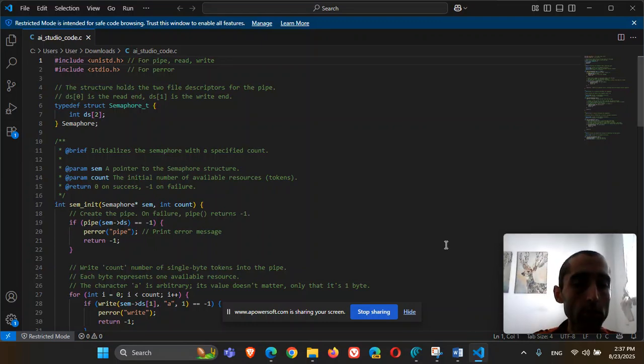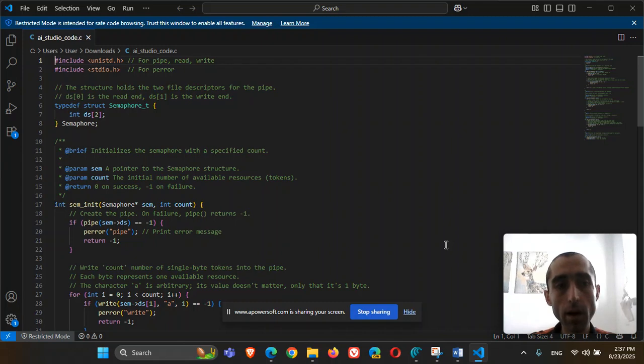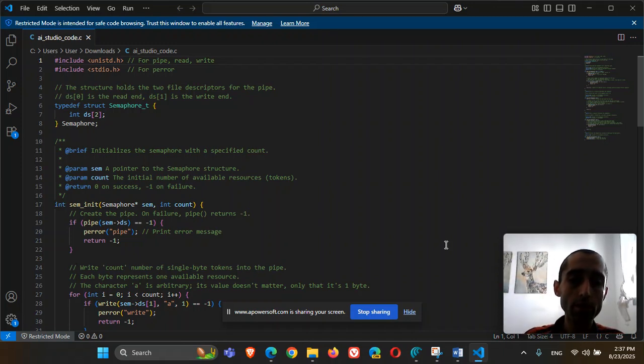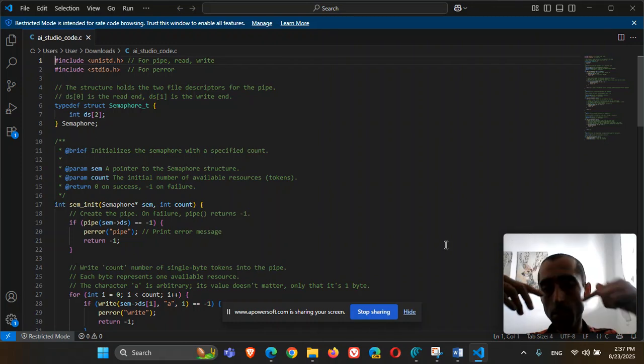Okay, so the idea now is to talk about how we can use a pipe to create a semaphore and use it as a semaphore. So let me remind you of some things about semaphores and pipes. A semaphore is like a lock, a mutex, that has the ability to prevent race conditions, meaning that two processes can get a resource and then change it depending on who comes first, and